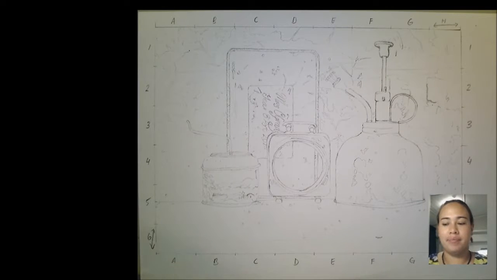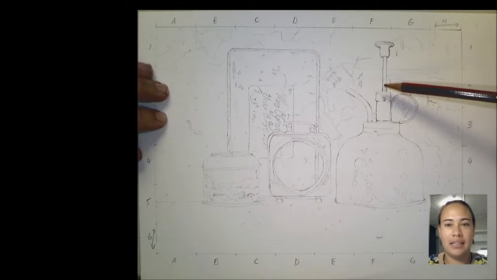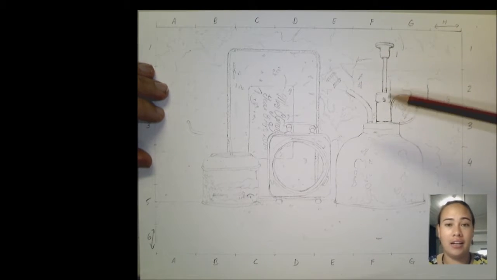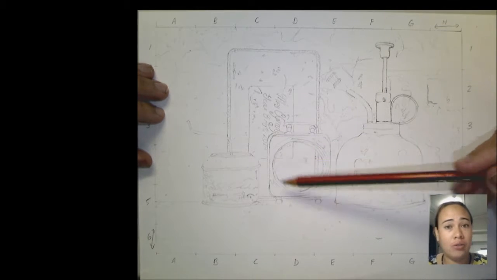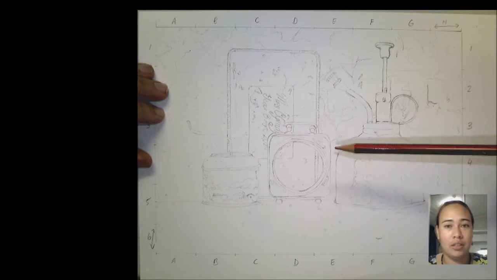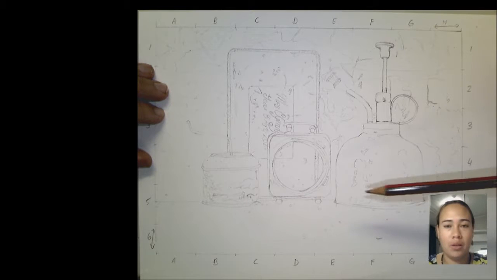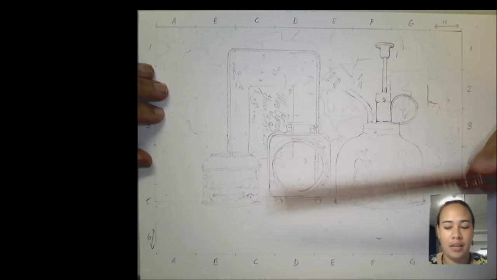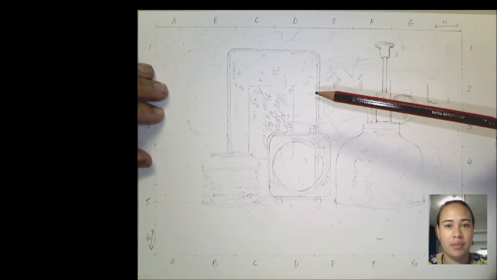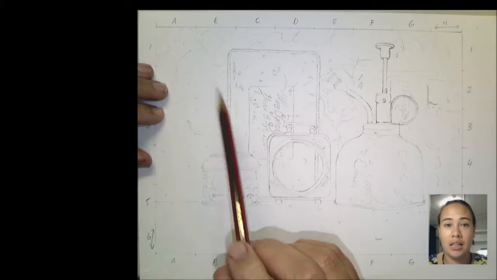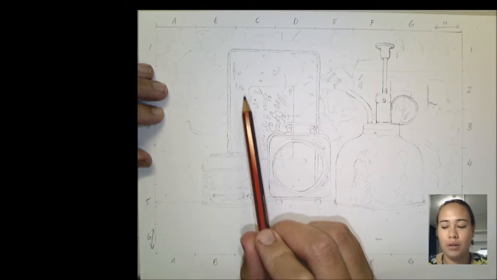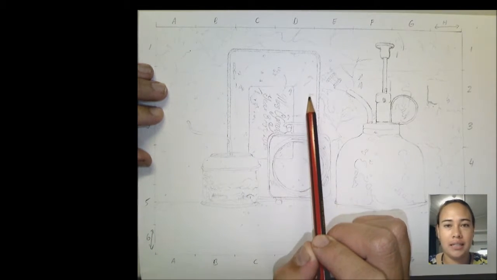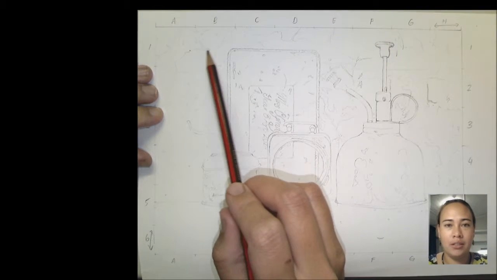Hi Year 8s. Once you have completed the outline of your drawing, so when I say outline, I mean the general outline of the objects, as you can see here, with the oil can, the music box over here, and the tin in the background. But I also mean little bits of detail. So if we look closer, the texture, the scratches on this back tin, the peeling paint on the back wall,